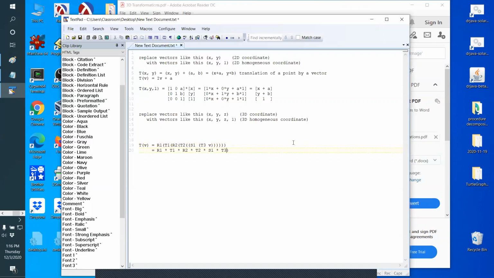See, if I'm using matrices, I would multiply all those matrices first, then apply to the vector. Notice that changes the order of operations. Instead of applying this thing to v, getting a result, then applying this to it, getting a result, then applying this to it, getting a result,